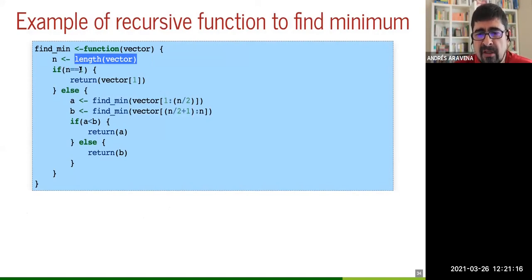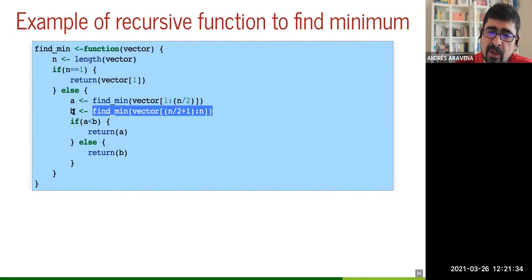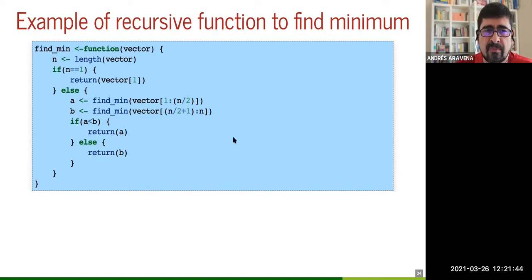If the length of the vector is 1, it is the easy case. There were the circles at the bottom. Otherwise, we split in half. And after we get the result from splitting in half, this will take some time to calculate, and at the end you will get A. This will also take some time to calculate, and then you will get B. And we get them together, then you compare them, and you choose the best of these two. But you can do it only after this one worked.